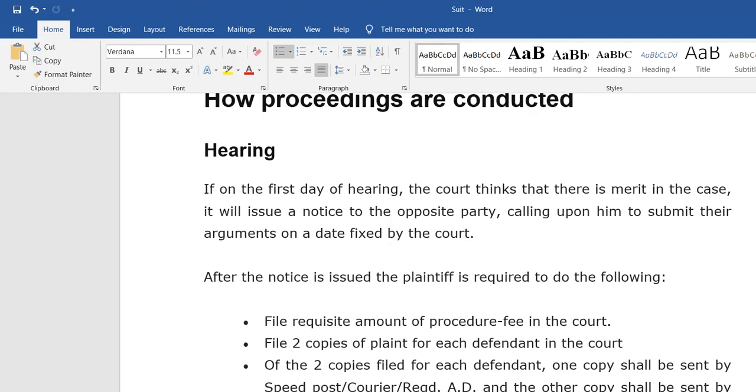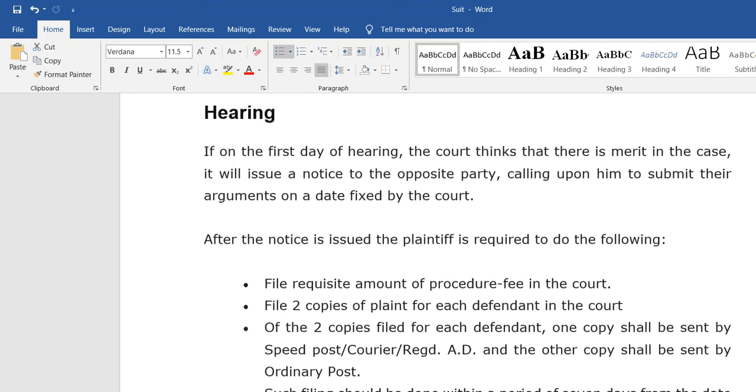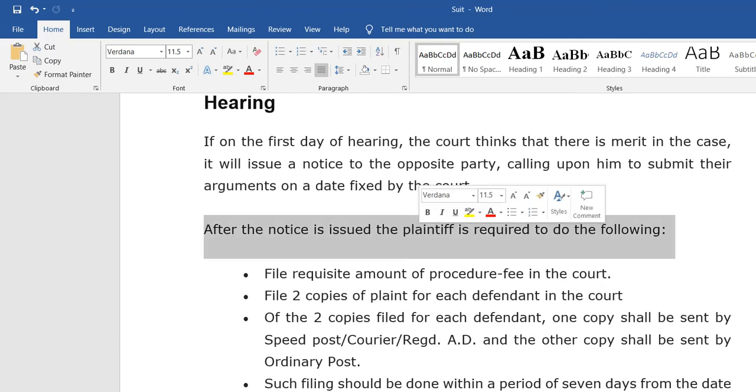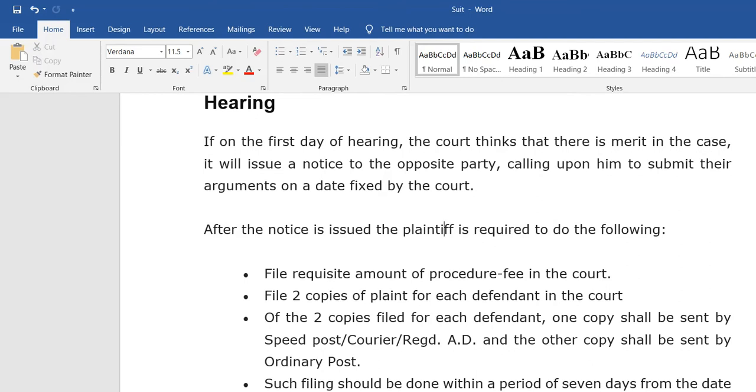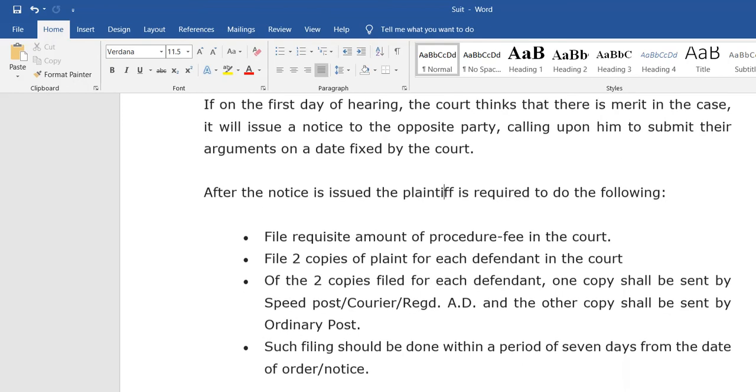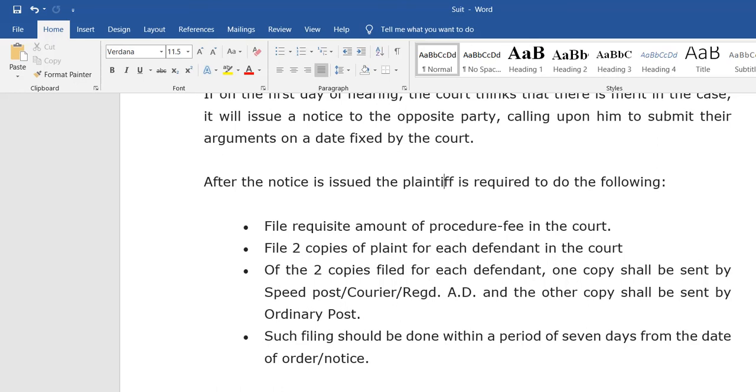So after the notice is issued, the plaintiff is required to do the following, which means the plaintiff, the person who created the particular suit, the client, files the requisite amount of process fees in court, and so these are all the details needed.